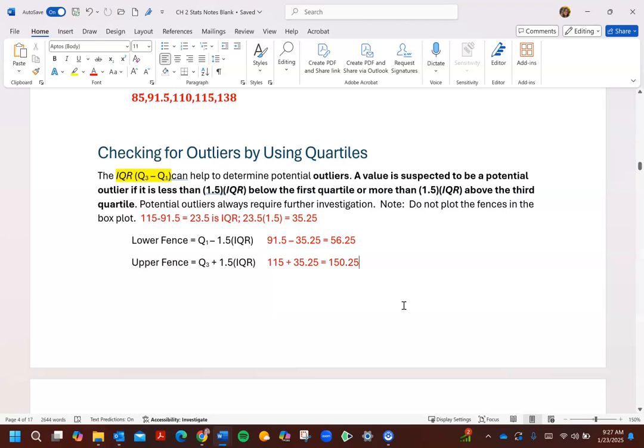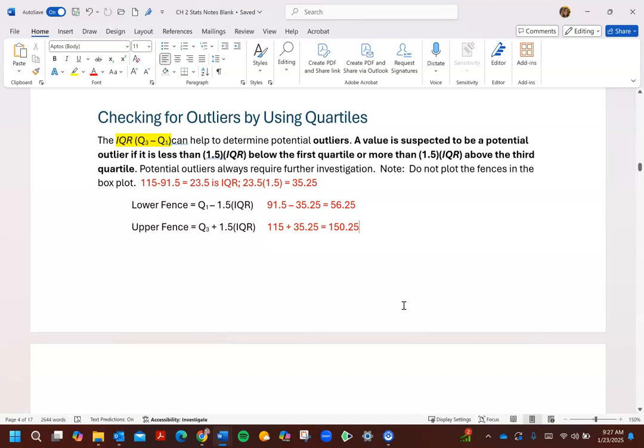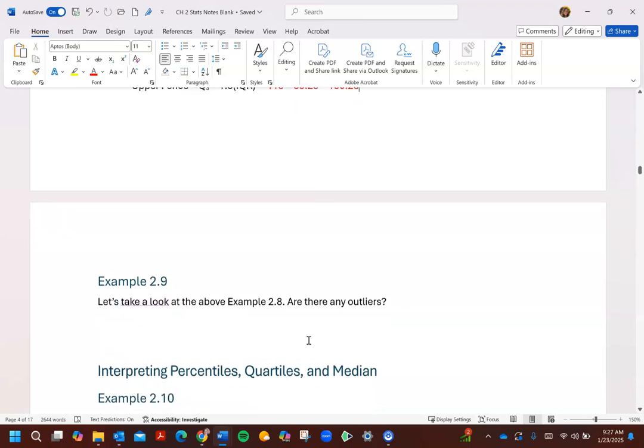So that is it for this one, looking at examples. We've already answered this question here. We could just say no based on what